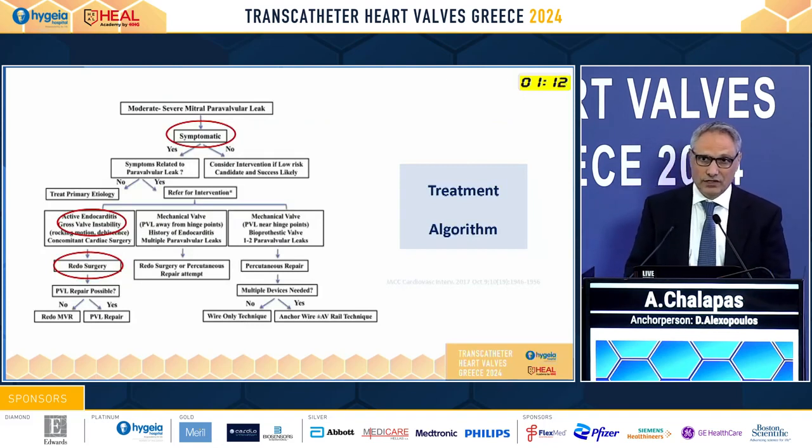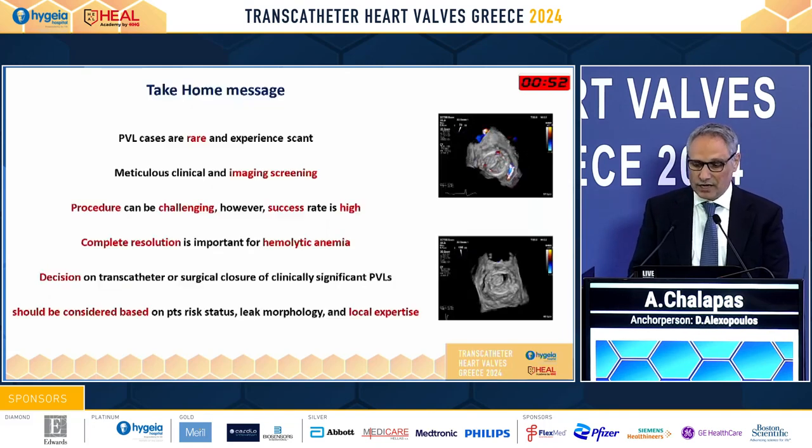Based on that, there are several algorithms proposed showing that in symptomatic, severely symptomatic paramitral defects, especially when endocarditis or instability of the prosthetic valve exists, we have to think first of redo surgery. In all other cases, we have to think of the percutaneous approach, and by that, I want to conclude by saying